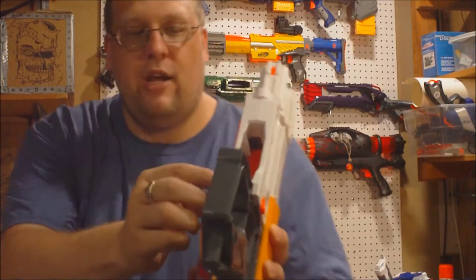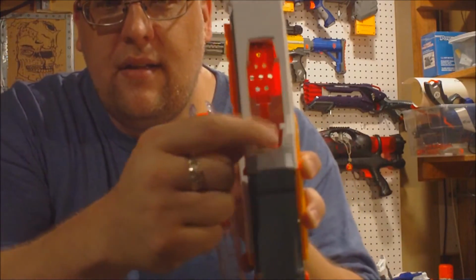This was the problem with the Gen 1s. You have a little lip. You can barely see it, but it's right there, and it prevents you from using 18-round stick magazines. So a lot of people were extremely bothered by that, and it was like, we have to modify these things to actually use Rapid Strike clips. And it's like, no, that's a fail out of the box. So Nerf then decided to do the sensible thing and release the Gen 2, which does address that,